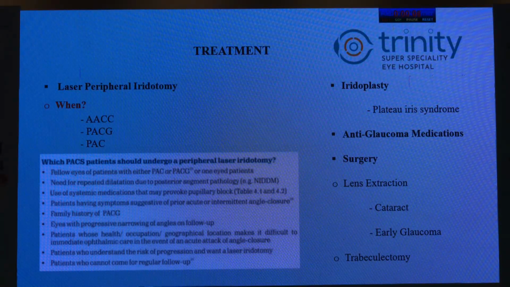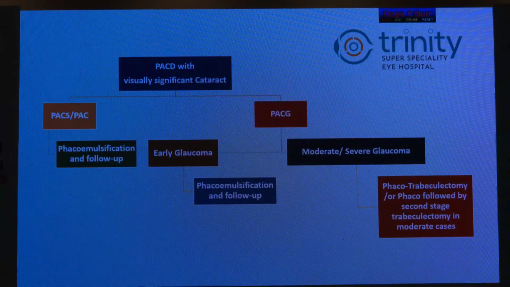The iridoplasty can be easily done using an argon laser. Anti-glaucoma medications and surgery, as we all know. Now, this is a